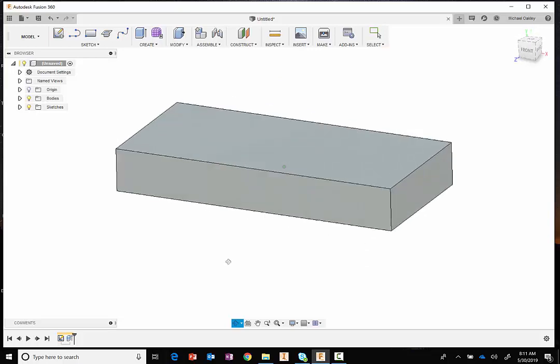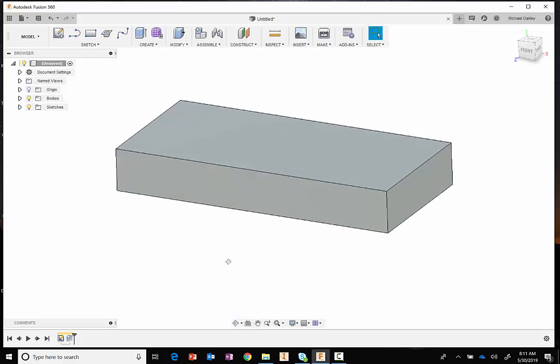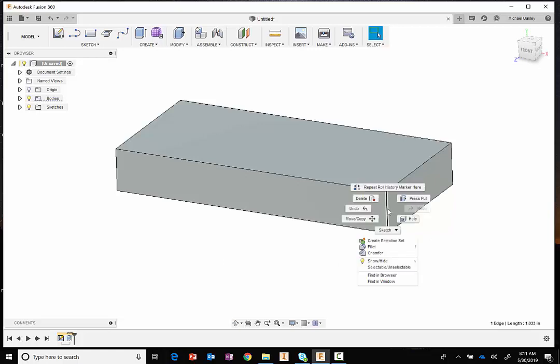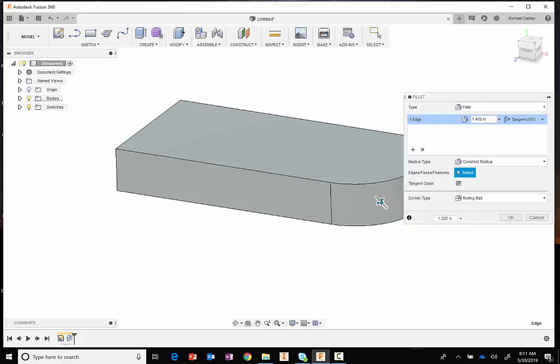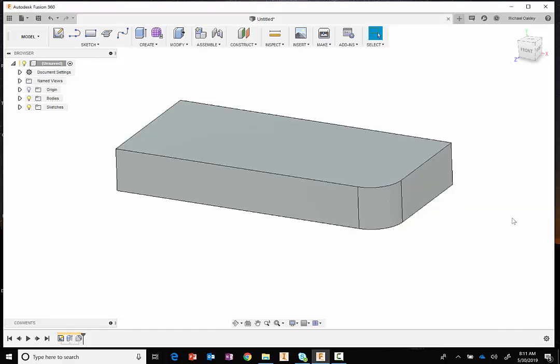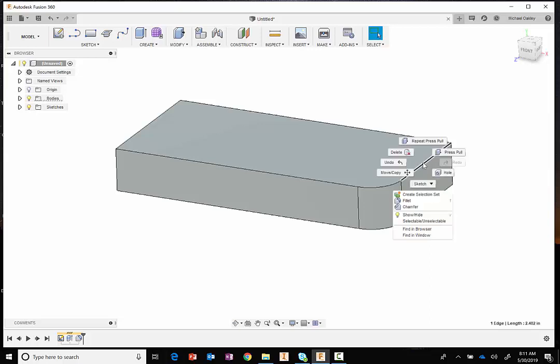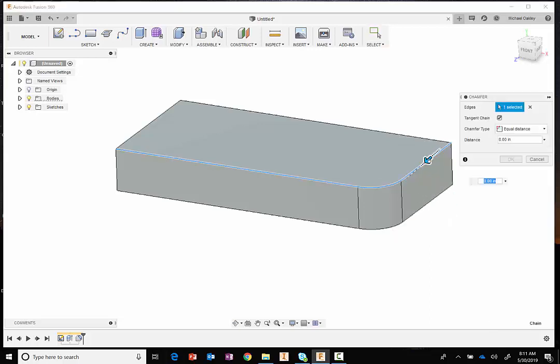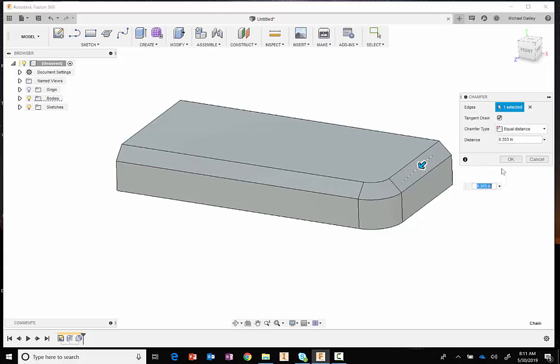Now there's a lot of intelligence based off of what you select inside of Fusion. So for example, I click on this edge and I do a right mouse click here, it brings up features that I can perform on that edge. And so I can put a fillet, I can put a chamfer. By default, if you do a press pull, that's going to put a fillet on there or a round. I can choose OK to accept that. If I choose this here, right mouse click, hit chamfer, I can drag this arrow to put the size in,